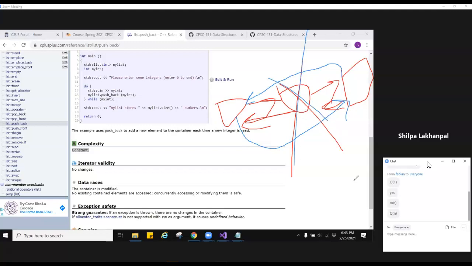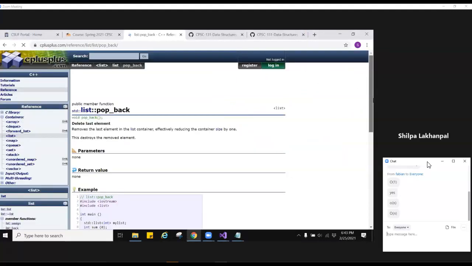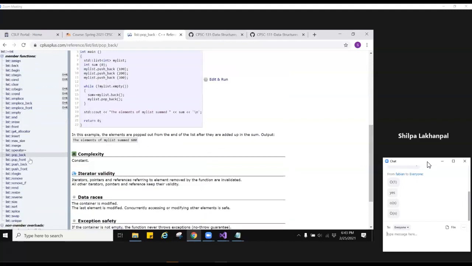So again, you can check the complexity, it will always be given, but deletes are also very similar to the inserts. Deleting anywhere in the middle, order n, but deleting at the front, deleting at the back, order 1. You can check that, pop back is what deleting at the back means, which you can see is constant over here. Pop front